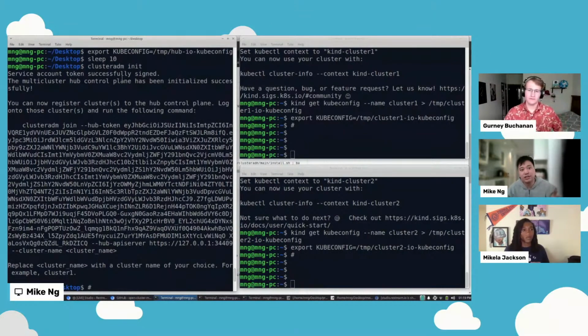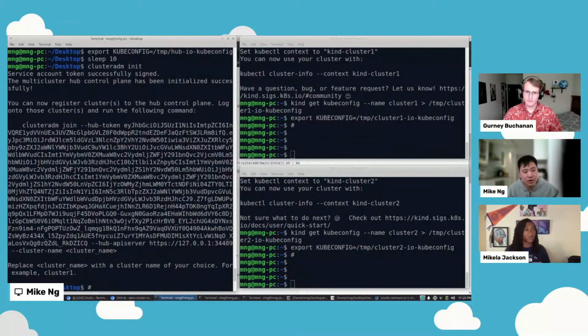So in the interest of time, I already ran clusteradm init, which essentially lays down the controllers for the hub on the hub cluster side. After that is done, it also creates the service token so that we can use it to do the initial join from the remote cluster to the hub cluster.